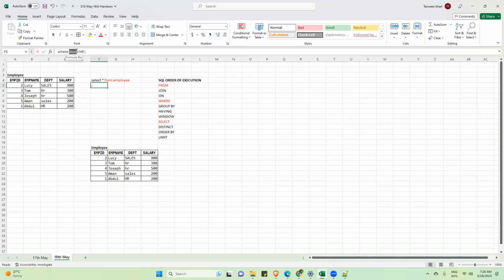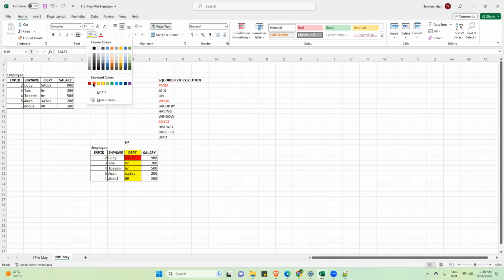Okay, after where you have written department. So the engine will understand that the user wants to apply a filter on the department column. So the engine will focus on the department column. Okay. Now in the department column, what are you searching? You are searching for uppercase H, uppercase R. So now the engine will start comparing with each and every record. Is this uppercase H, uppercase R? No, this is different. So this record will be rejected. What about this record? Rejected.